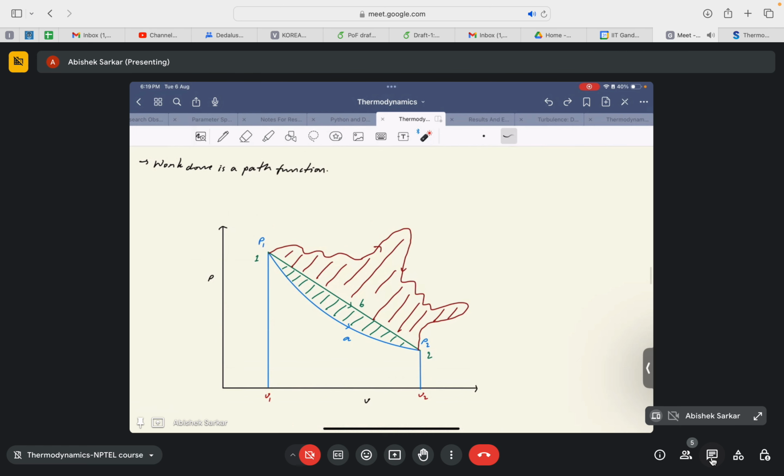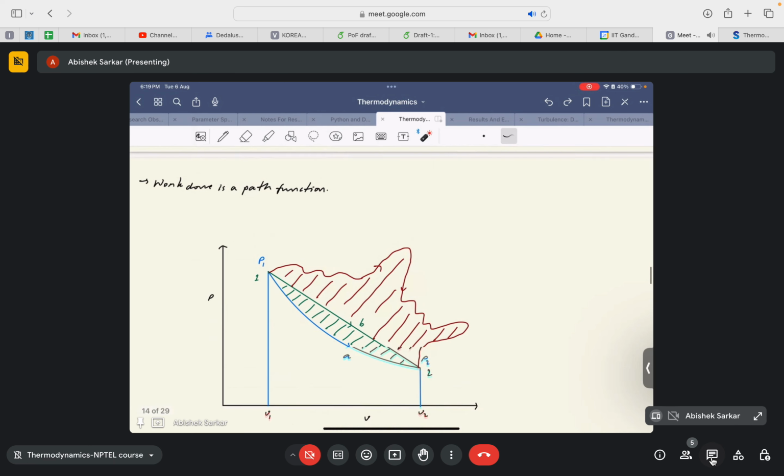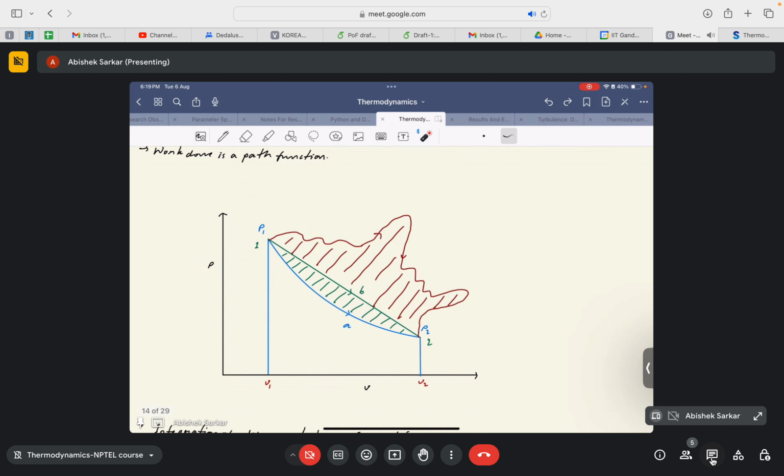As we discussed in last week's session, work done is a path function. I also emphasized why, because the work depends on the path that is followed to complete the process from point 1 to point 2. Professor Anand used a very good example to clearly show why. If there are two distinct state points, point 1 and point 2, and to complete the process from point 1 to point 2 there are different paths, say A, B and C,